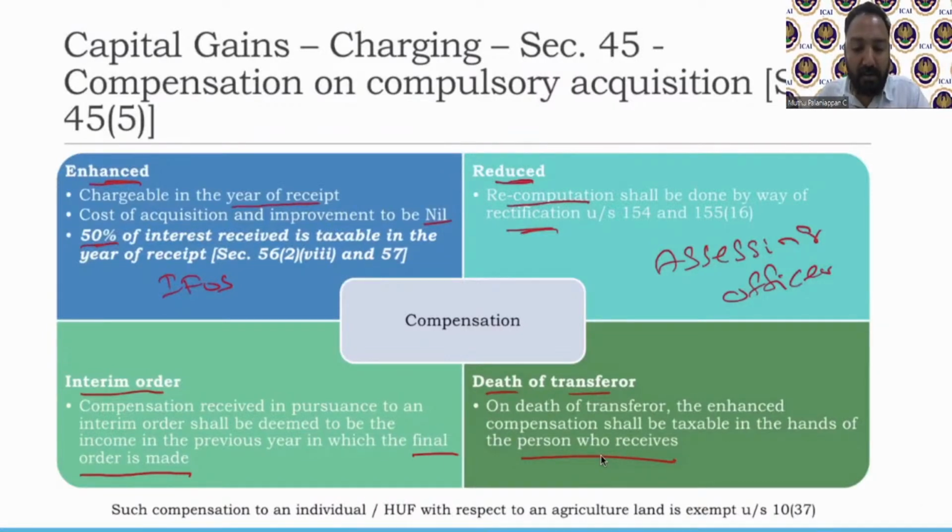I'll see if there are any questions on compulsory acquisition. I think all of you are very clear. I think I'm explaining it in great detail, right? Because I see fewer questions today. Looks like either I have been explaining it so clearly that none of you have any doubts, or maybe all of you are not understanding anything. Either of these could be the possible scenario. So either I'm very good or I'm too bad. I don't know what exactly I am. I hope I'm making it clear by also telling you why the provisions have come into place. So now, since there are no more questions, we'll move on to the next concept.